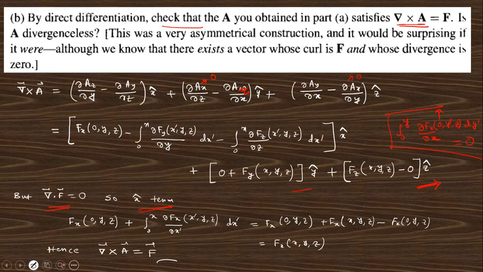So using this expression, these two combinations will be like that, and this integration gives you like that, so these two cancel out, only this remains. Okay, so fx 0 y z will give you fx x y z. So curl of A will give you like that, that is the fx 0 y z gives you this f x y z, and this gives you fy x y z y cap. So these two total terms change into fx x y z, fy x y z, and fz x y z. So this is nothing but the curl of A, f, right?